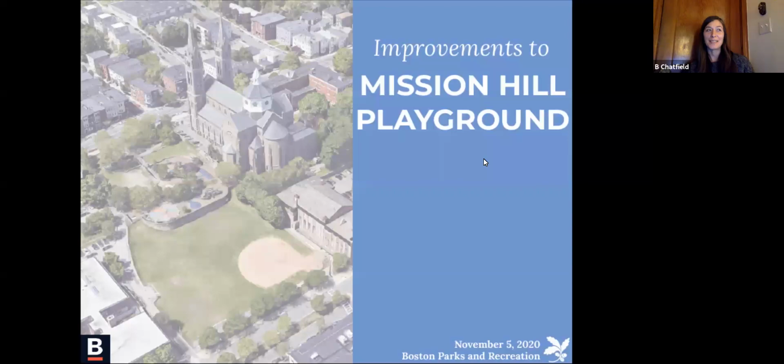I am B. Chatfield, a landscape architect and project manager from the Boston Parks and Recreation Department, and I'm working on the renovation of Mission Hill Playground. Tonight is our first community meeting on this project, so thank you for joining us. It's very exciting. I want to welcome everyone here tonight, but especially I'd like to welcome any elected officials that